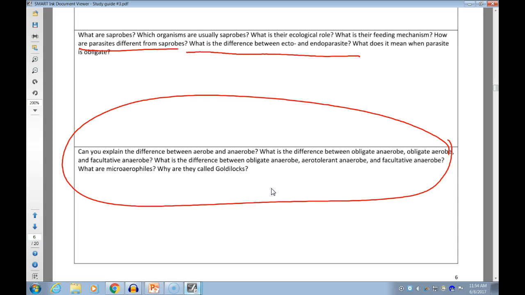Remember the five types of microbes based on oxygen requirements? You have to know them. Questions like descriptions: microbe must have oxygen; microbe must not have oxygen; microbe grows on top of the tube, on the bottom of the tube, in a very narrow range in the tube, all over the tube without any difference. You have to be able to recognize this stuff. Does that make sense? Goldilocks, because microaerophiles want a really precise concentration of oxygen, no more, no less. Am I clear? Okay, before we move on,